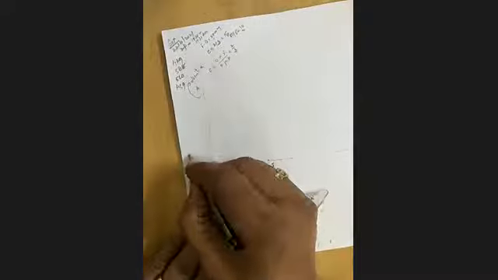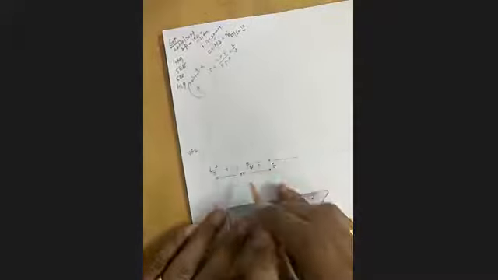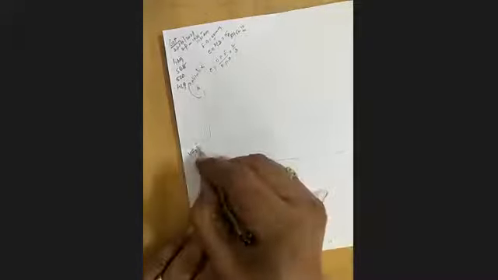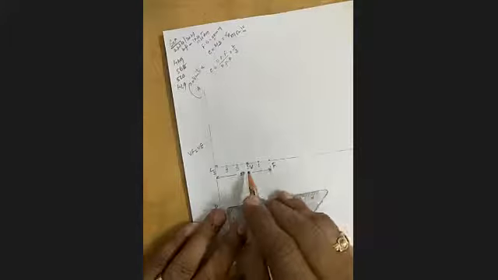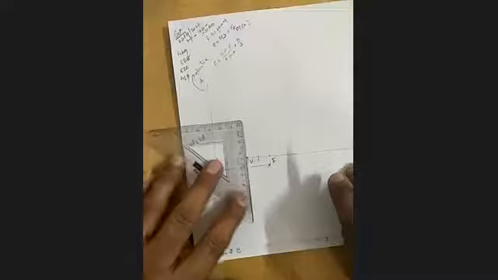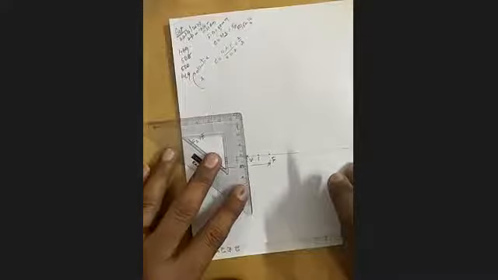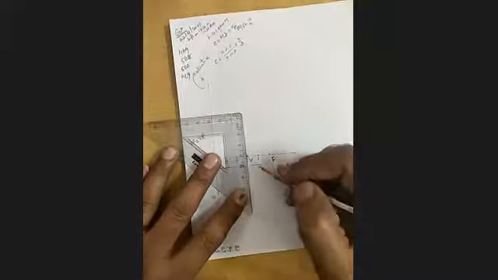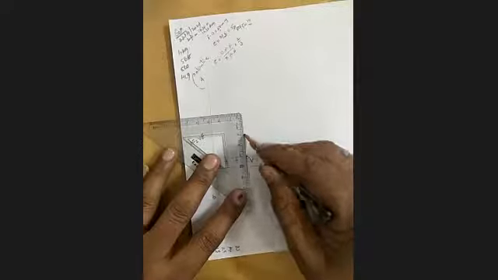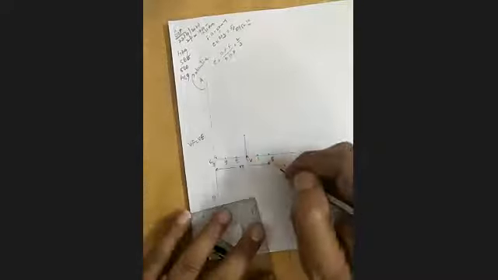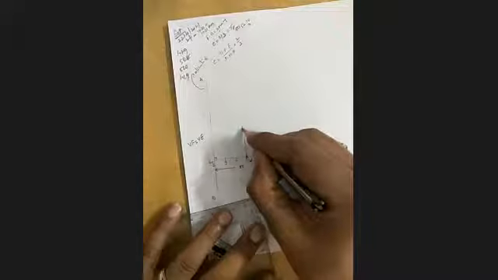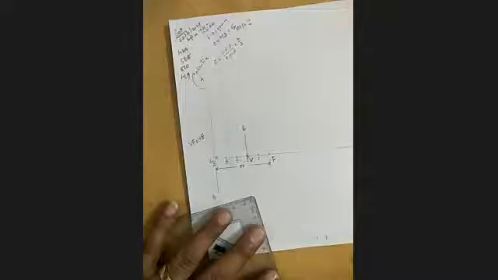Once you know the position of the vertex, take the VF value. The same VF value you extend as VE. The VF value is already known from this problem, 20. Draw BE. How to draw? It should be perpendicular. It should be perpendicular with the same value as VF, and you call that E. This is the next step.